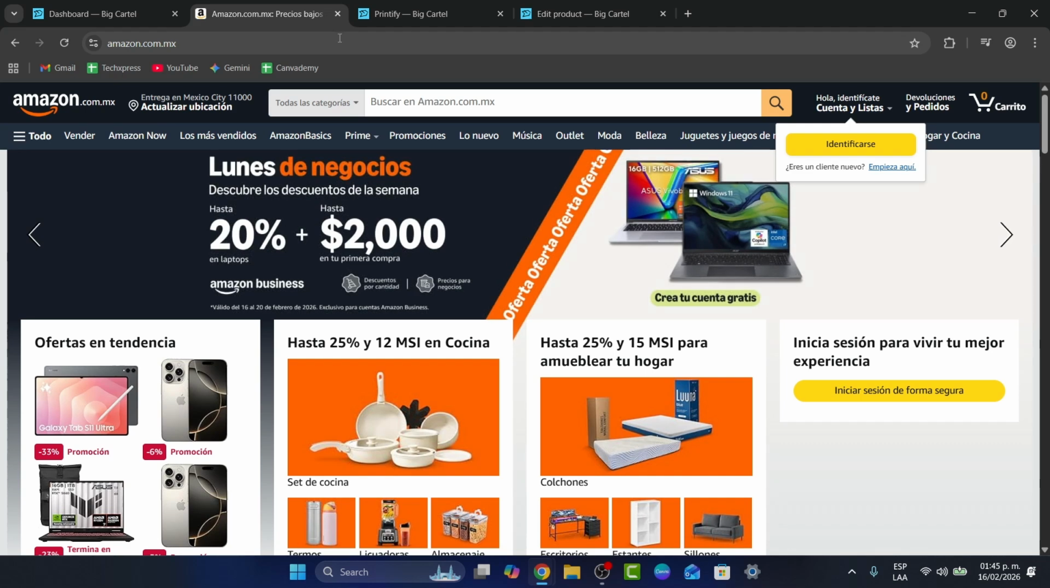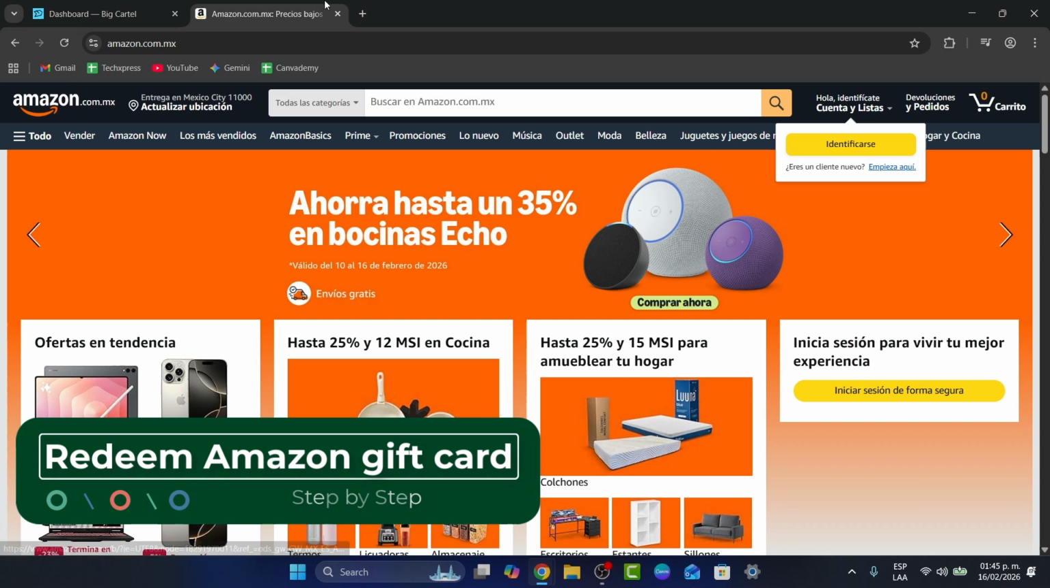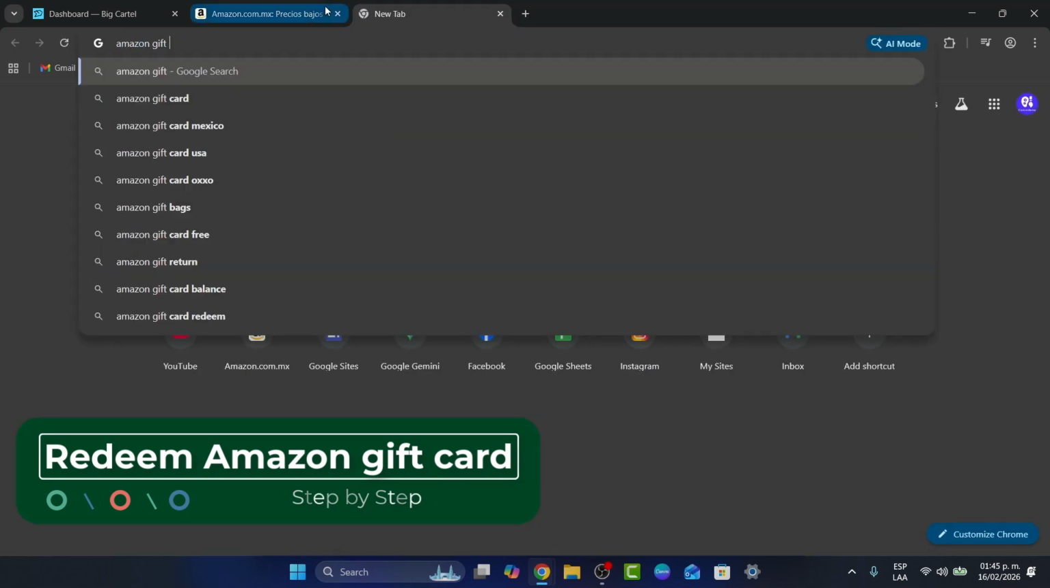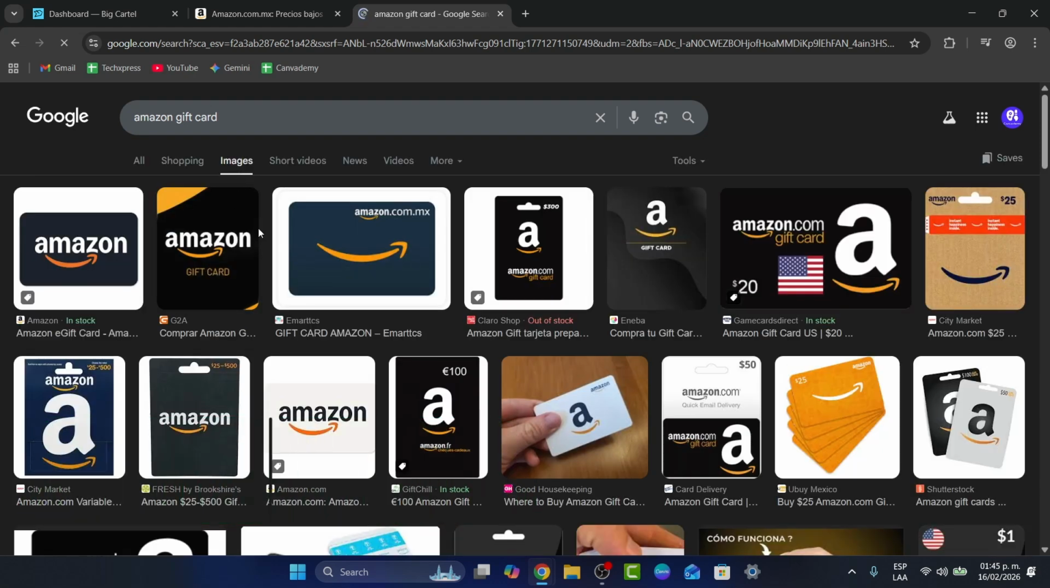So let's assume that you have an Amazon gift card, and you want to redeem this directly here on Amazon.com. Now, what does an Amazon gift card look like? Well, if you see a few examples of Amazon gift cards, you might see that usually they have